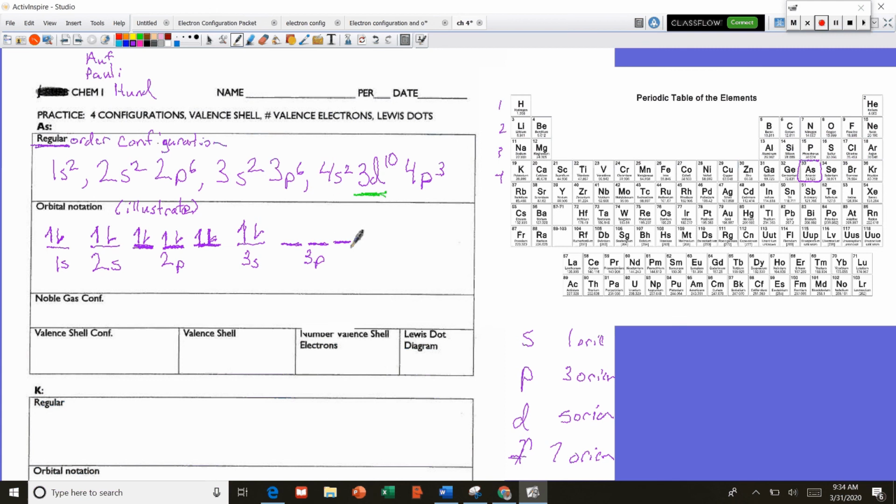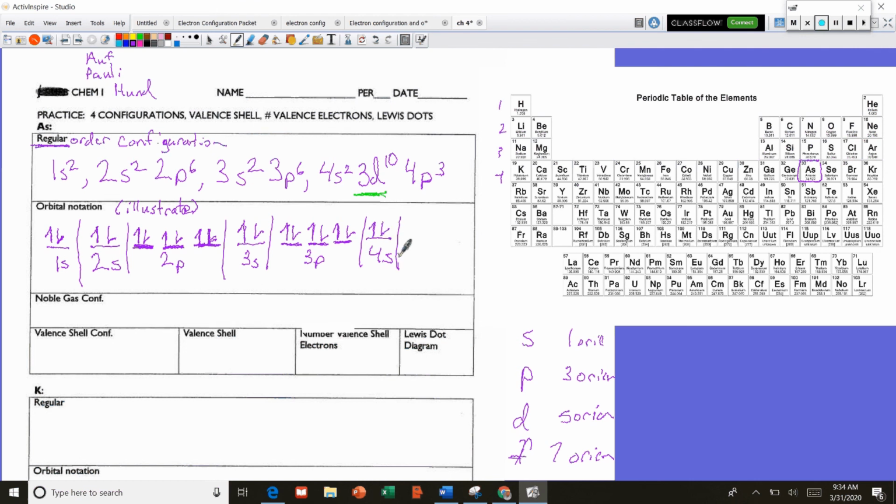And it looks like I'm going to run out of room. And then 4s. Sometimes I'll draw little lines to just separate these, and that's all I'm doing right there. So we have 4s, that's 1, 4s2,